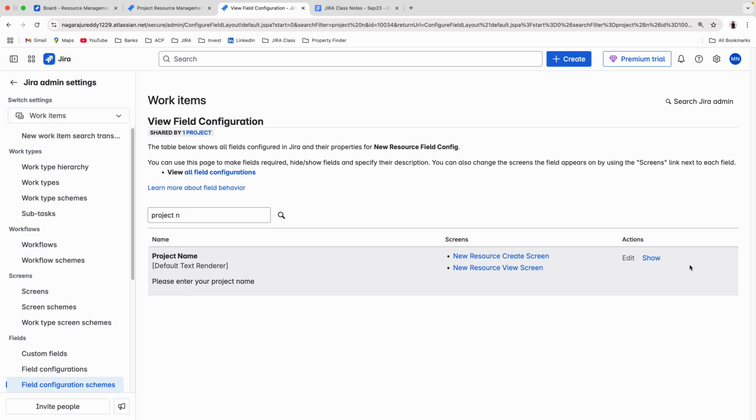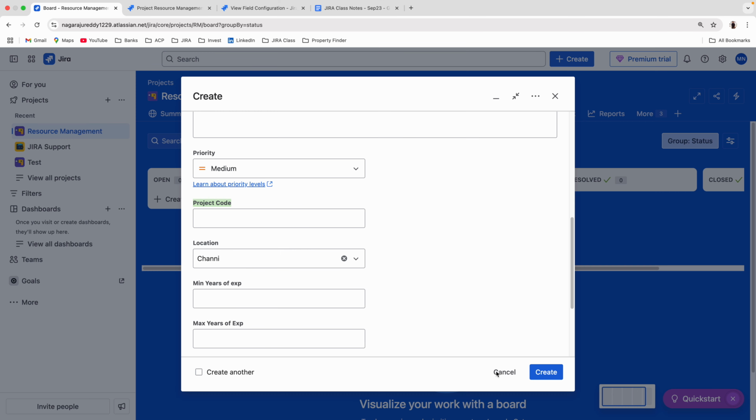Required, edit, everything, right? If you click on show, then again everything will appear on the screen. And this third option, required: this is a required field. When you click on required, it will change to required. And now if you see here,